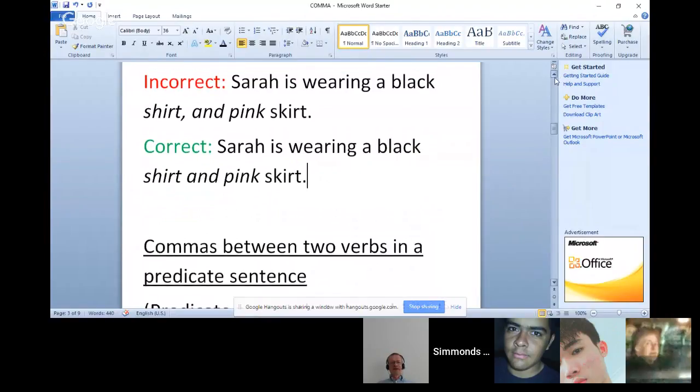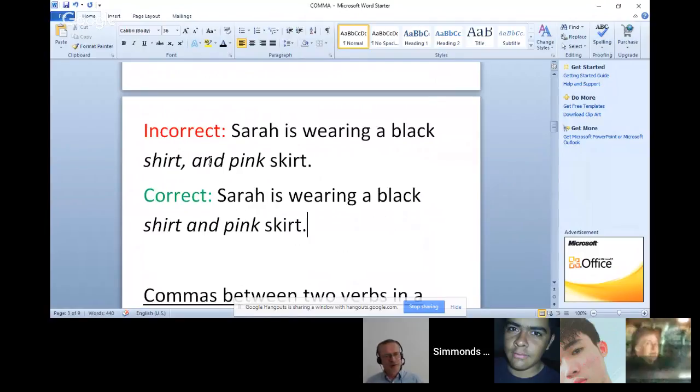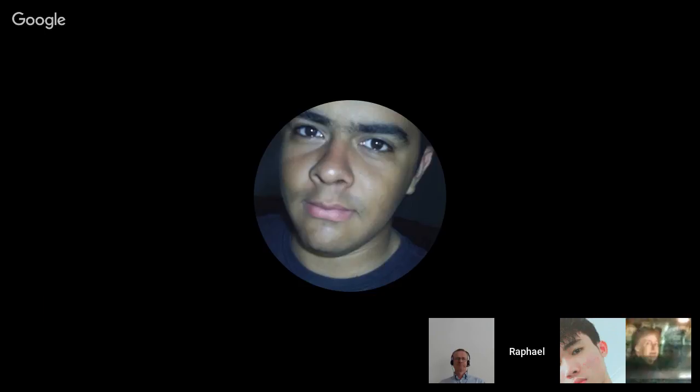Okay, well, I'm fairly certain about that. I don't think you can have a comma before an "and" because the "and" actually replaces the comma anyway. Because you could theoretically, I think it's still grammatically correct if you're saying Sarah is wearing a black shirt, comma, no, you can't. Actually, pink shirt. Well, we wouldn't just use a comma, pink shirt, because you need to distinguish the difference between a shirt and a skirt. We have two different nouns here. If you say Sarah,